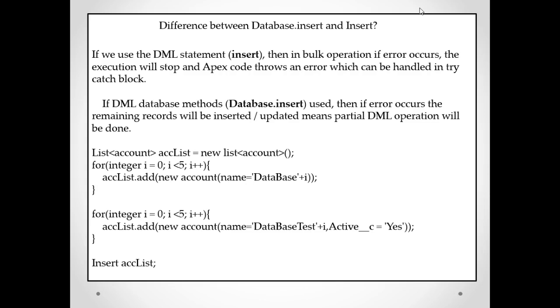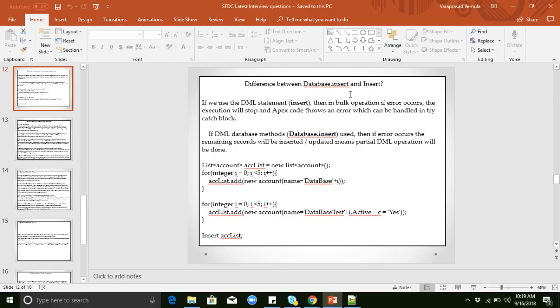Database is a class in Salesforce. This class contains many methods like insert, update, delete, undelete, empty recycle bin, and classes like SaveResult and errors. All these are database methods. Using these database methods, we can insert the partially successful records, and the failed records will not be inserted. But using insert, it will not insert the partially successful records; the complete operation will fail using normal DML events. Now I will show you a sample example in my Salesforce org so that you can understand.